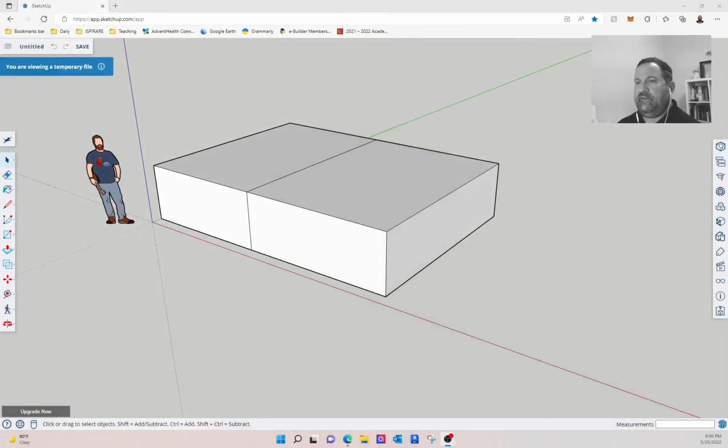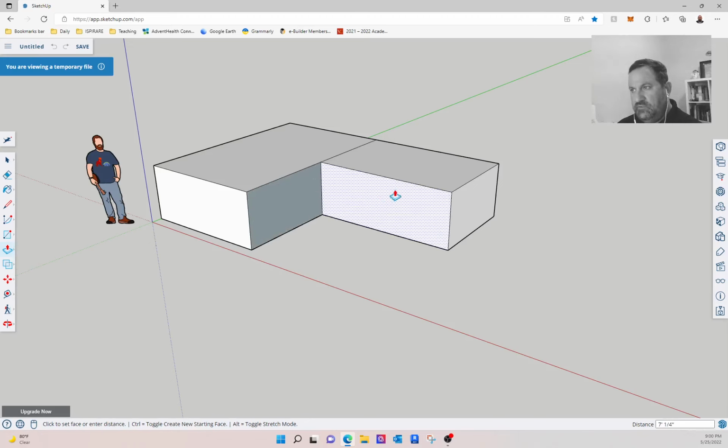Building on the experiment with the push-pull tool in SketchUp in the last session, it's important to understand at least what I think are good practices. And the best way of thinking about this as a practice or a protocol is to try to contain your work, or unitize your work, in such a way that it doesn't impact or affect other work. So what I mean by that is if I manipulate this plane using the same push-pull tool, notice it